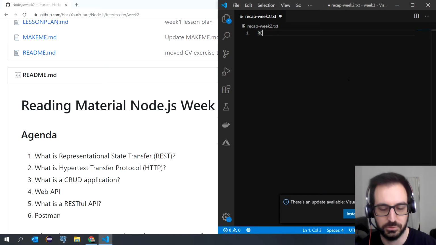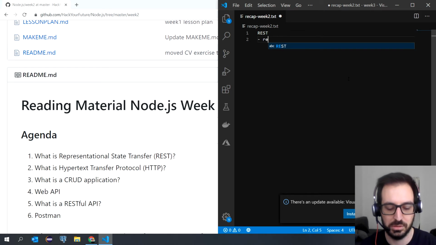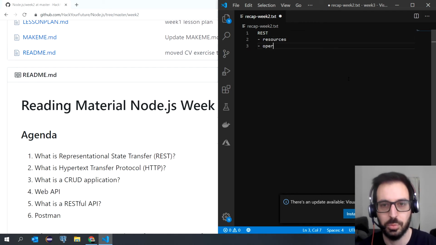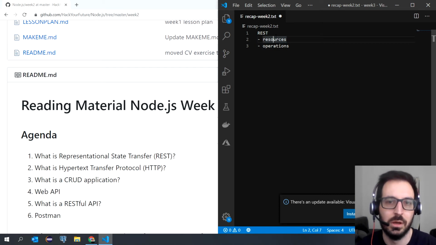So we have REST. Now there are two key points to remember about REST, and that is resources and the operations that we can do on those resources. Then we have